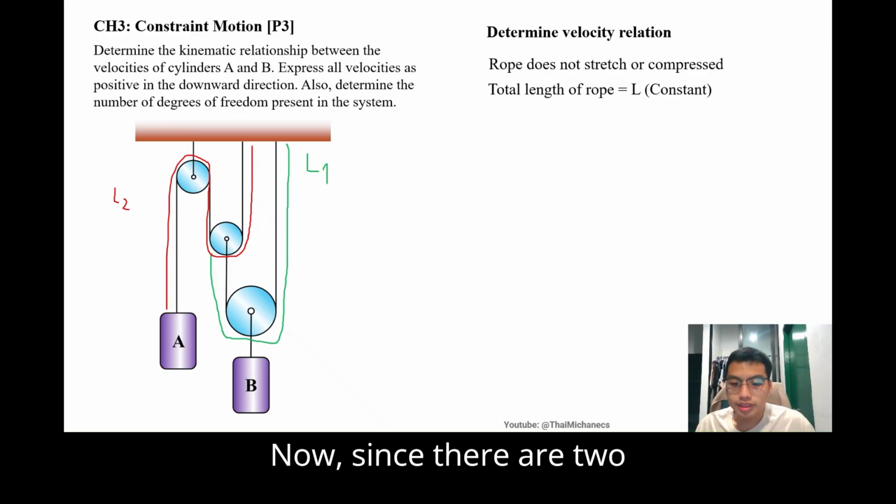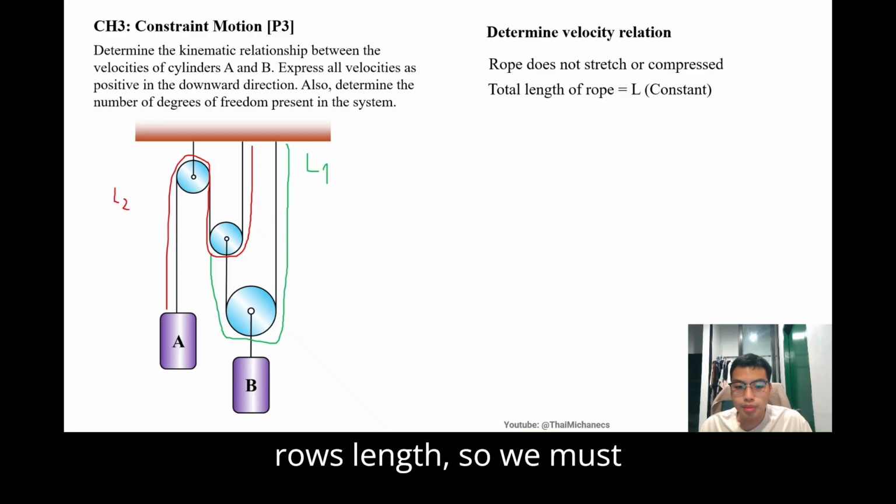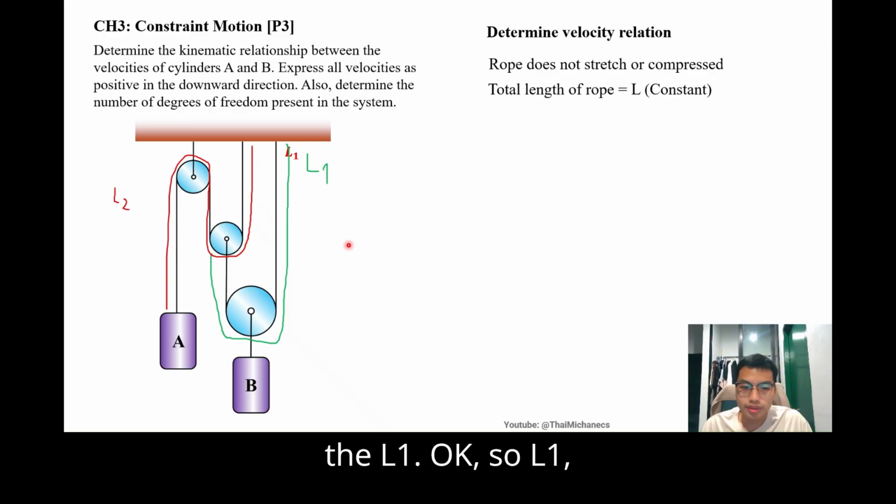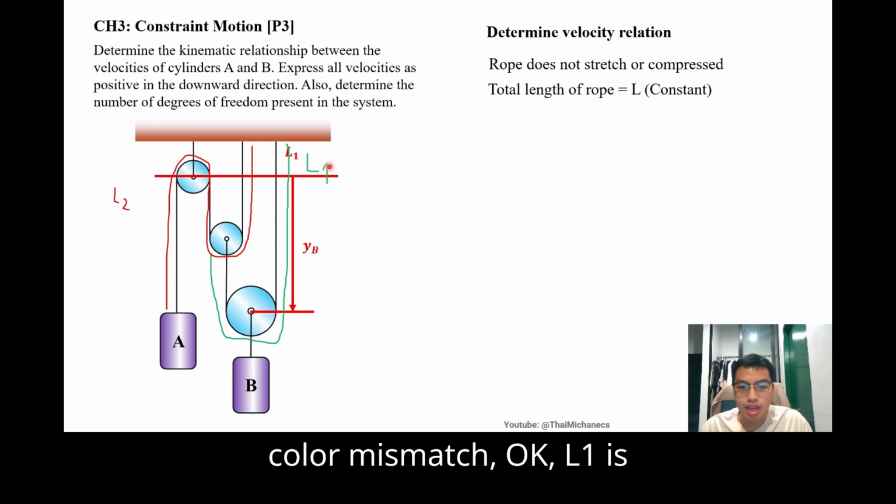Since there are two rope lengths, we must derive two equations. So firstly, let's derive L1. Sorry for the color mismatch. L1 is this green curve here, right? So L1 will be equal to